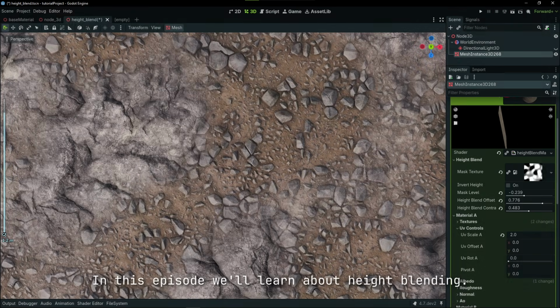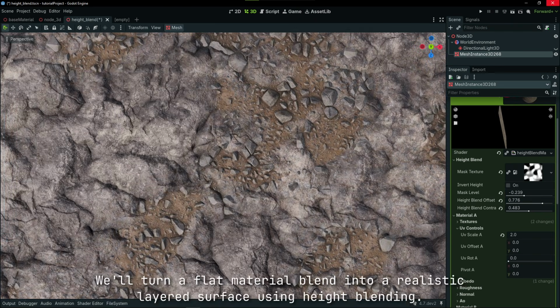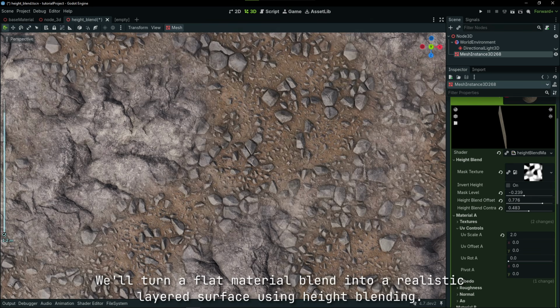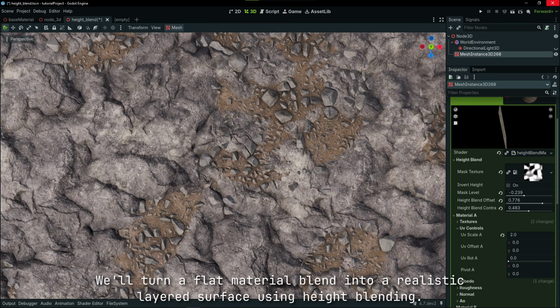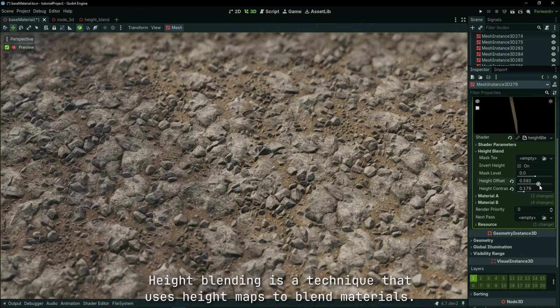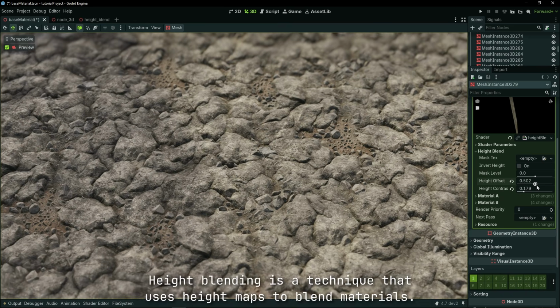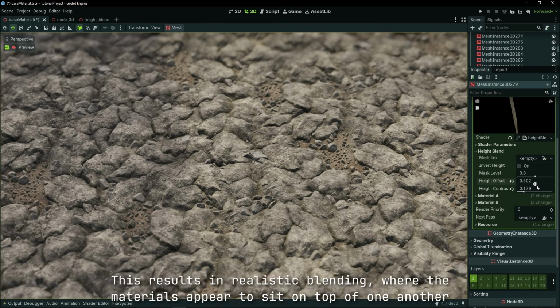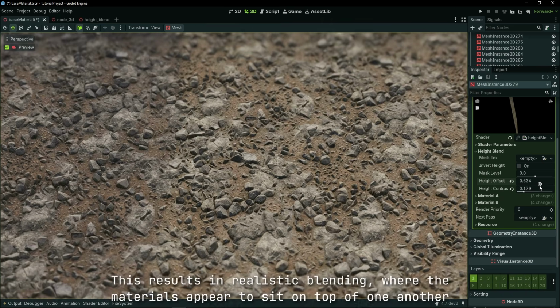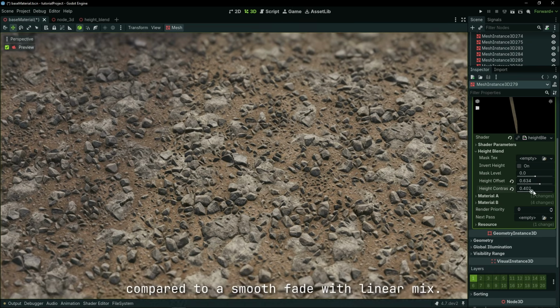In this episode, we'll learn about height blending. We'll turn a flat material blend into a realistic layered surface using height blending. Height blending is a technique that uses height maps to blend materials. This results in realistic blending, where the materials appear to sit on top of one another, compared to a smooth